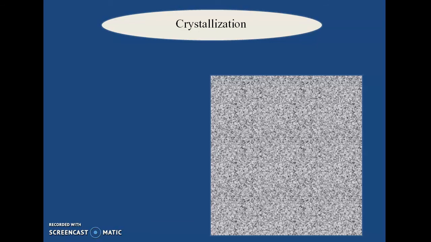Crystallization. This is the final separation we are going to discuss in this lecture. If you have a solution and you cause some saturation in this solution, what happens? Let's see. So crystallization is a solid liquid separation. Here the solute gets transferred from liquid to solid. How does it happen?